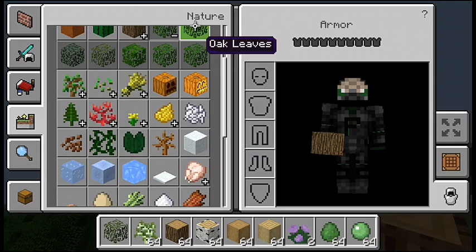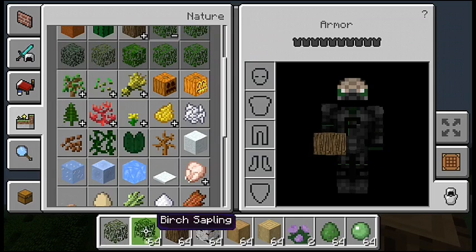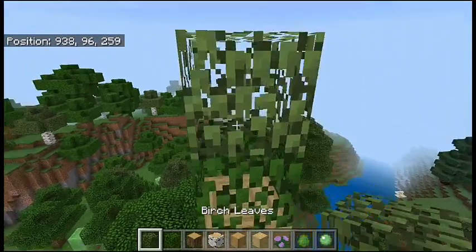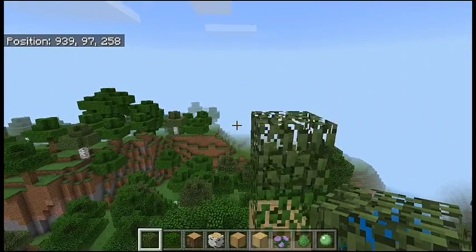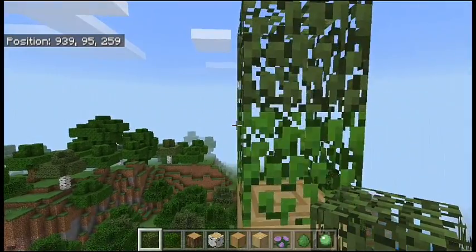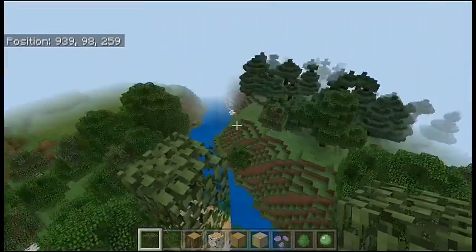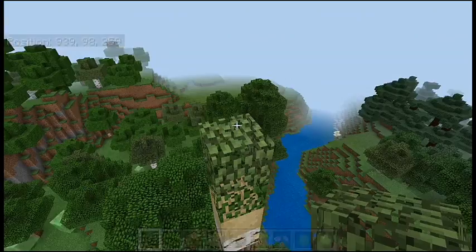Okay, so the birch leaves look like that, and then we have the oak leaves, which look like this. Now, if we get the oak leaves and just place them here, and then birch, they look exactly the same, like the other leaves. Now, what's weird is that the only leaves that really look different than everything else, fully, is the...